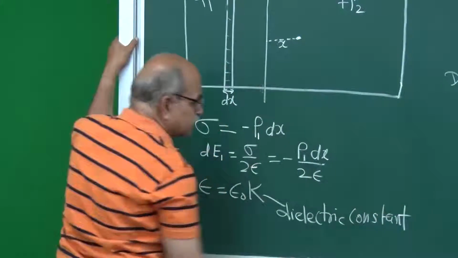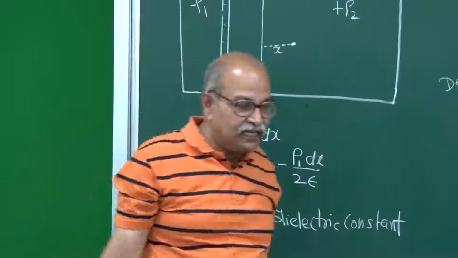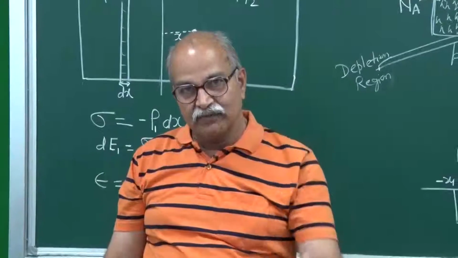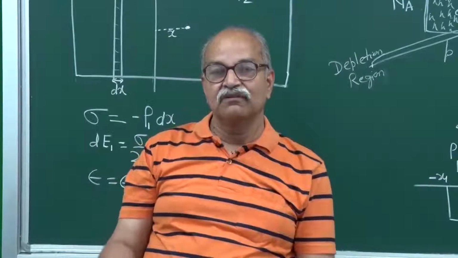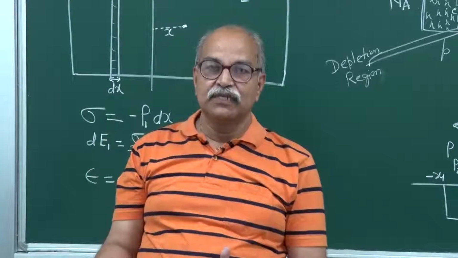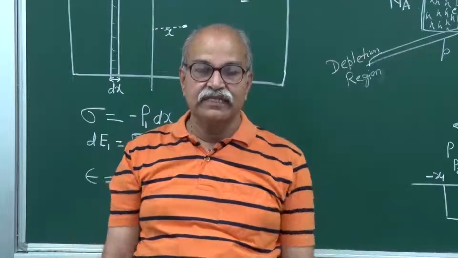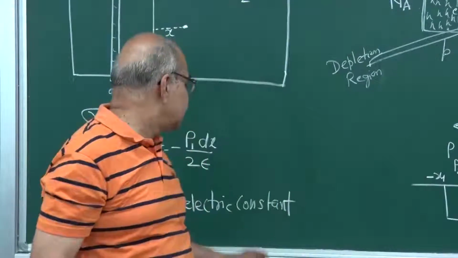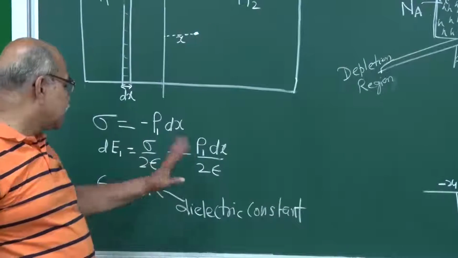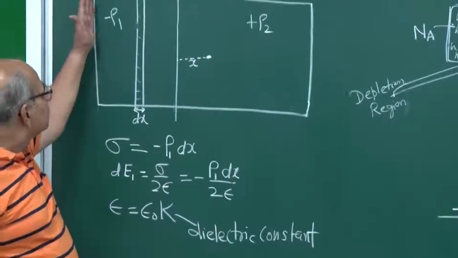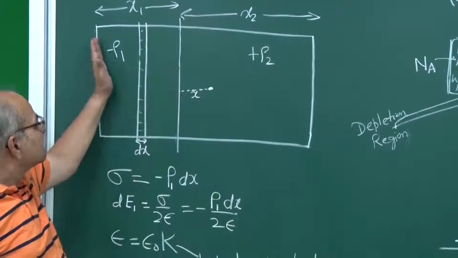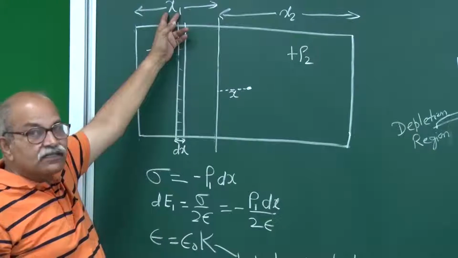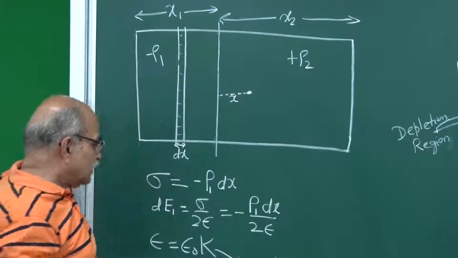In free space, in vacuum, or in air, effectively, if you have a surface charge layer of surface charge density sigma, the electric field in front of it is sigma over 2 epsilon naught. Since this whole thing is in silicon, not in free space, we put the dielectric constant also, and it becomes sigma over 2 epsilon. Then you integrate from here to here, in this entire region, the entire width x1, so that dx will be integrated to x1, and so E1 will be